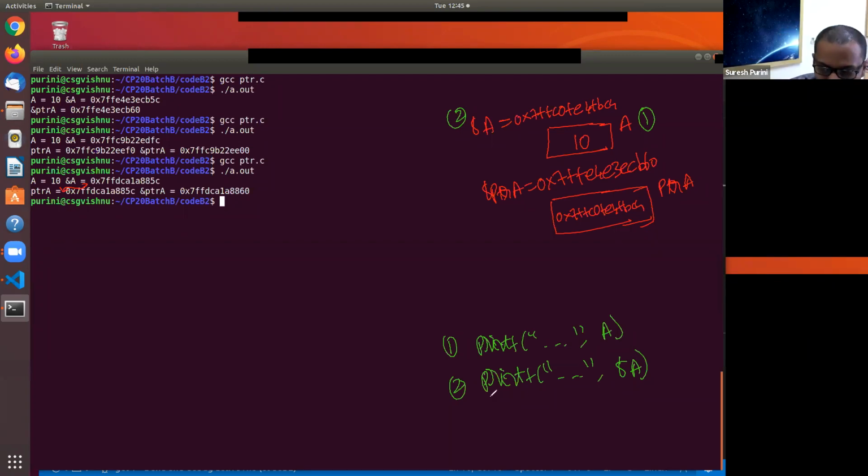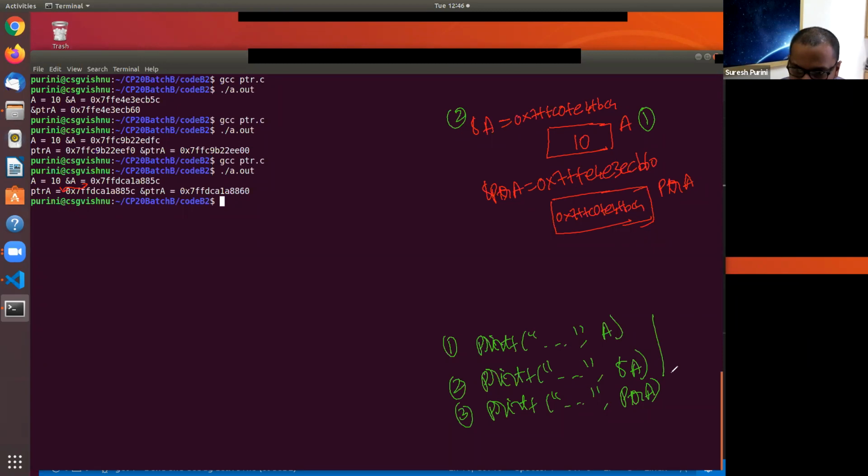Great. Number 3, the third observation is printf ptra. What do we get? When we do printf ptra, the contents of ptra will be printed.